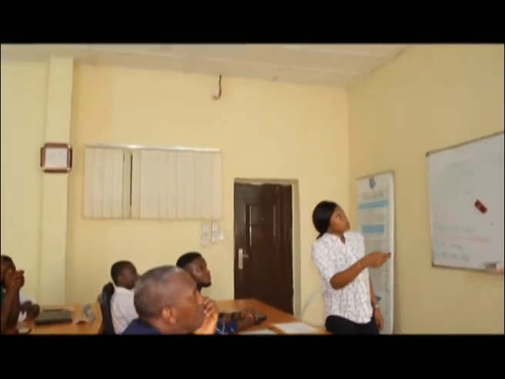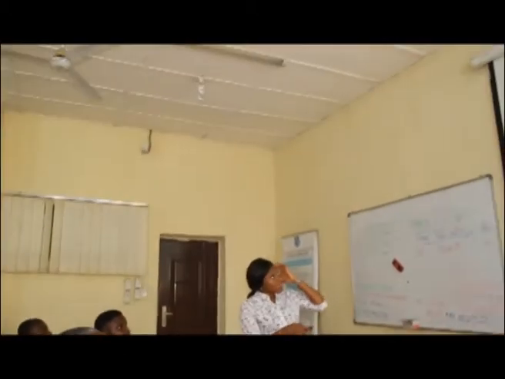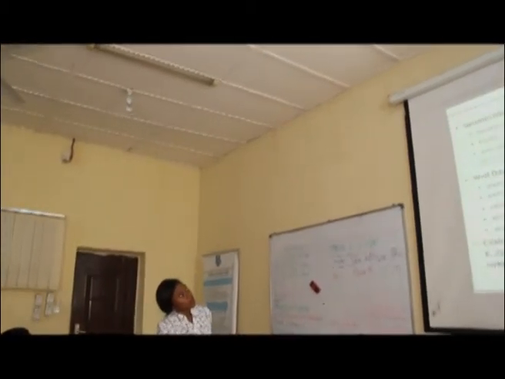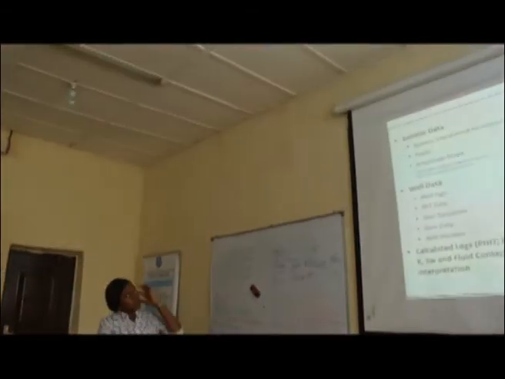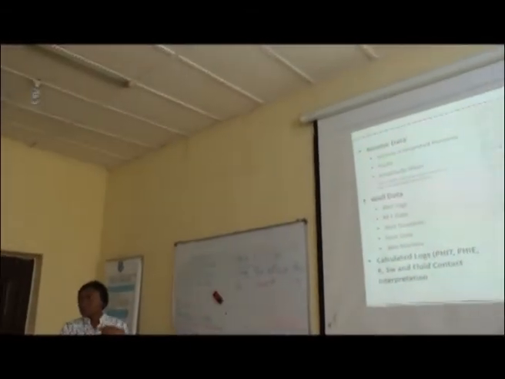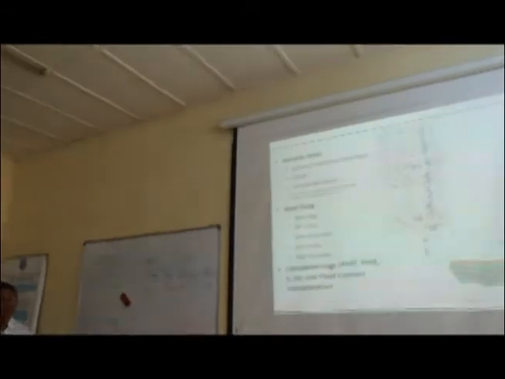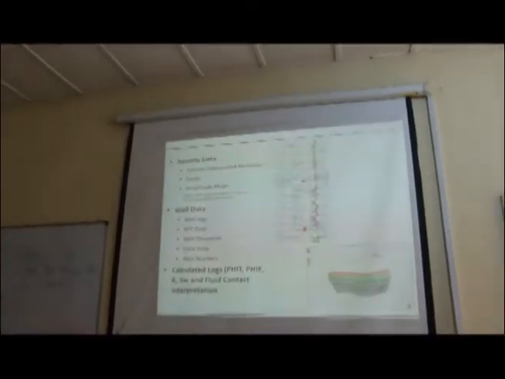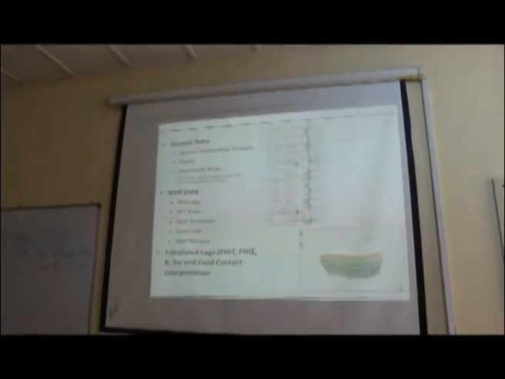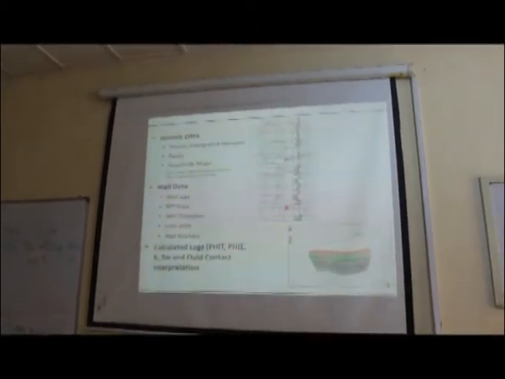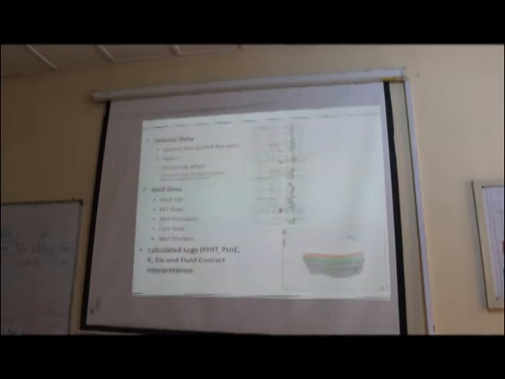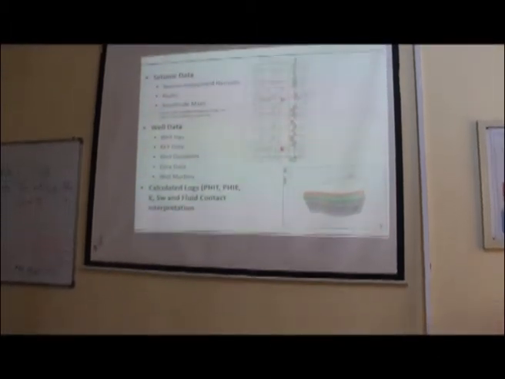this is an example of the well log extracts. So here we have the gamma ray. Gamma ray is a type of well log. When you're drilling a well, there are important logs that you need to take. The important ones are the gamma ray, resistivity, and the neutron density, because those are the important ones that will help you estimate whether you actually have hydrocarbon in place in a particular